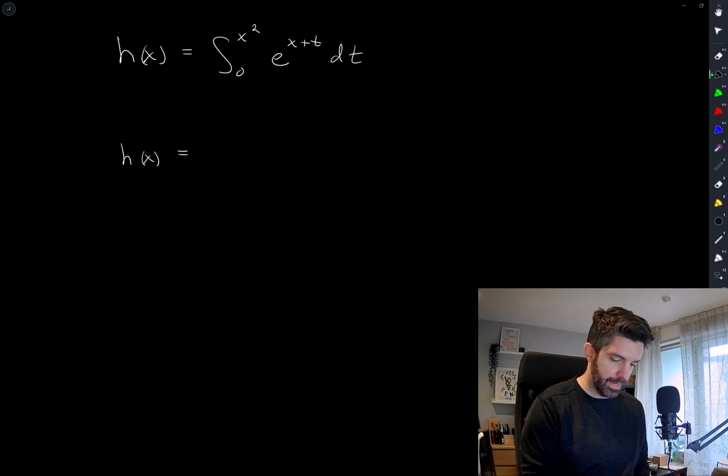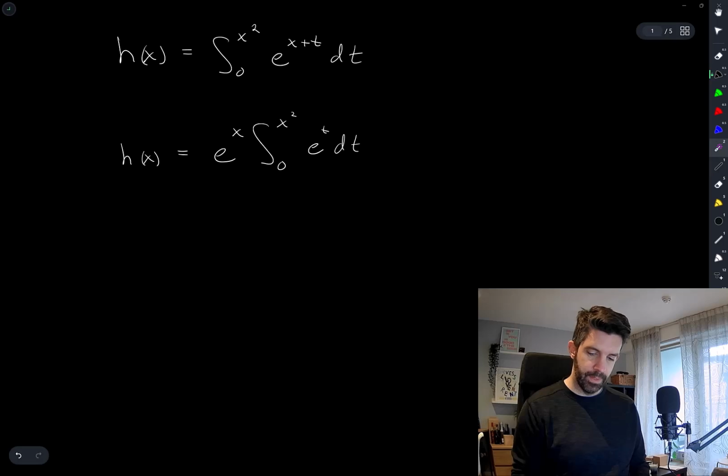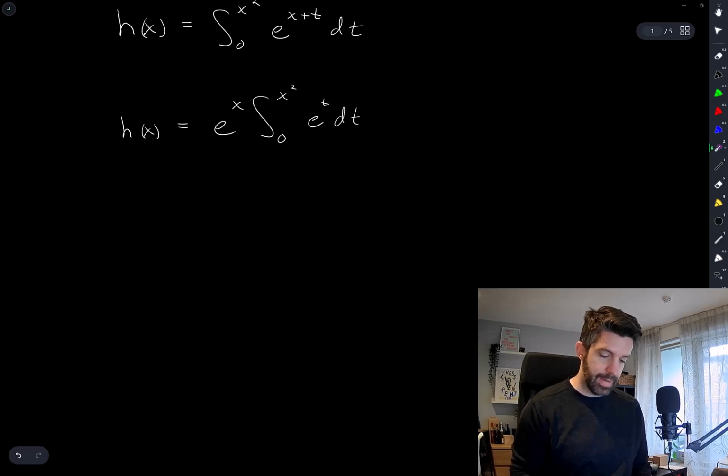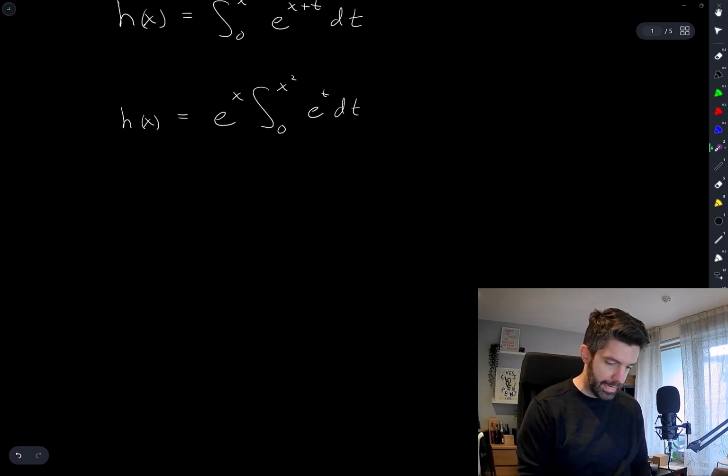I'm going to write this as e to the x times the integral from 0 to x squared of e to the t dt. From the perspective of the variable of integration, this x is a constant, so the whole constant e to the x I've just brought out in front. And now I have two functions of x being multiplied by each other. That's a function of x, and that's also a function of x. This I can differentiate very easily, and this,